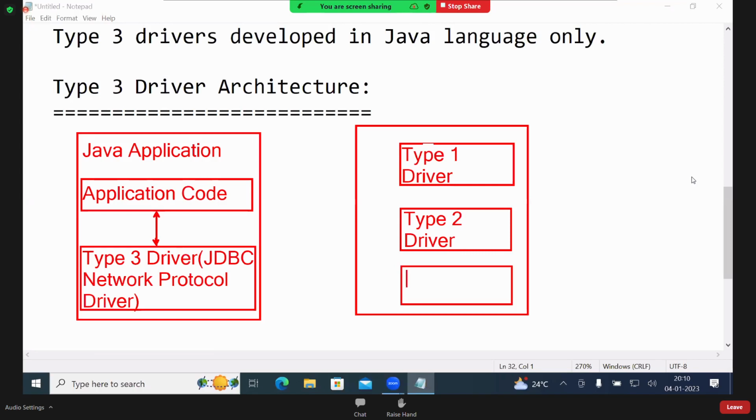So type 3 driver is one concept. It will communicate with another driver again: type 1, type 2, type 4.